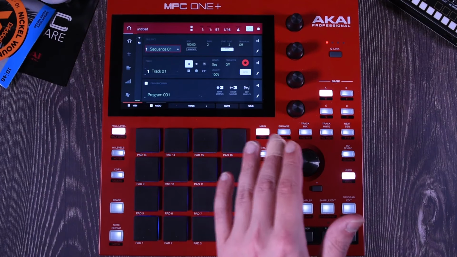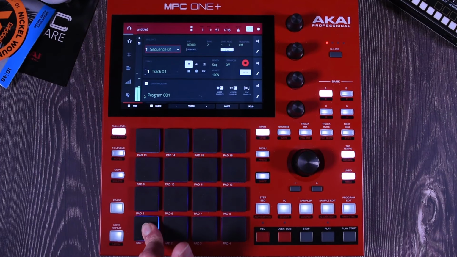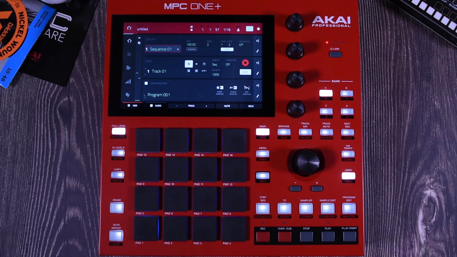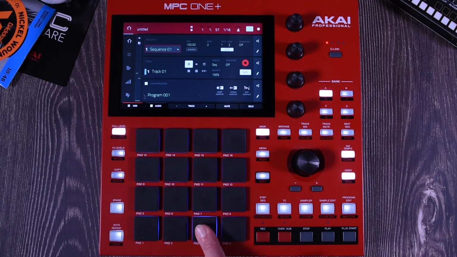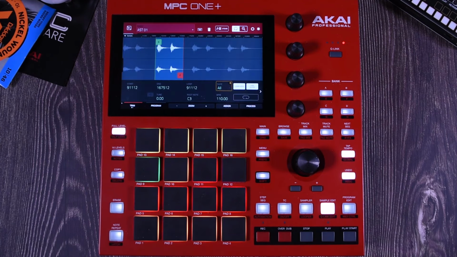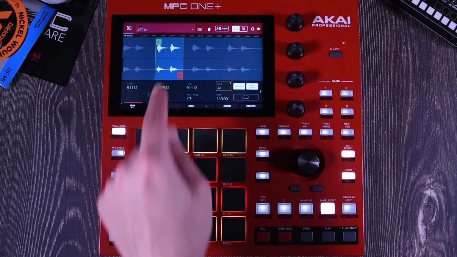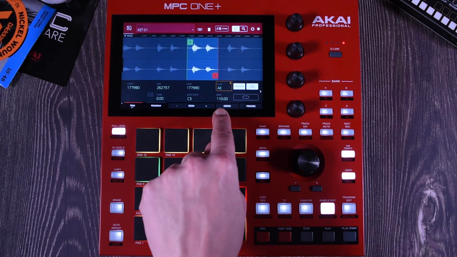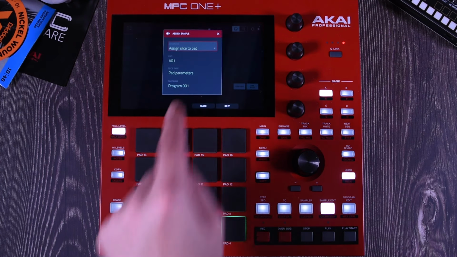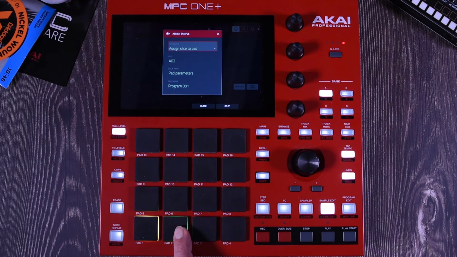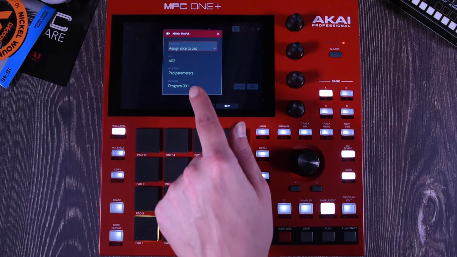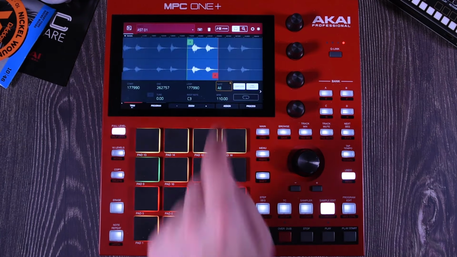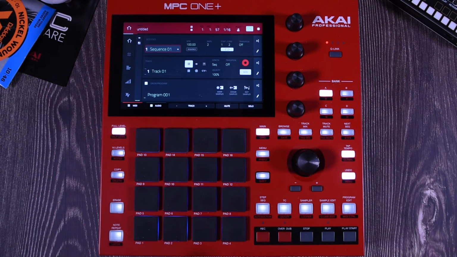So now back in main, I know that this pad has that sample, that selection. So maybe I want to select a different part and assign it to the 2 and then to the 3 and to the 4 and so on and on and on. So we can do this. I can go right here and select a different section, maybe something like that. I can go to assign and make sure you do pad params. I'm going to go to this one, pad parameters, A2, assign slice. I'm going to be doing it. And now if I go back, I have